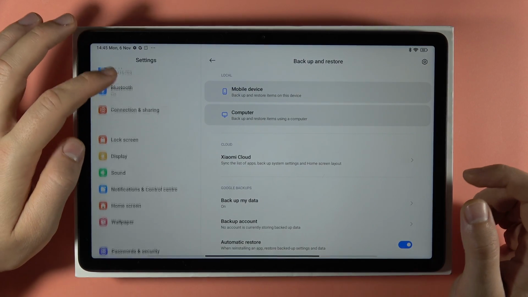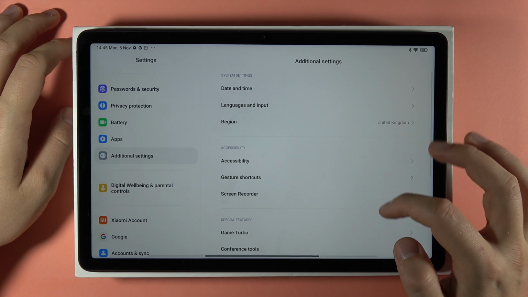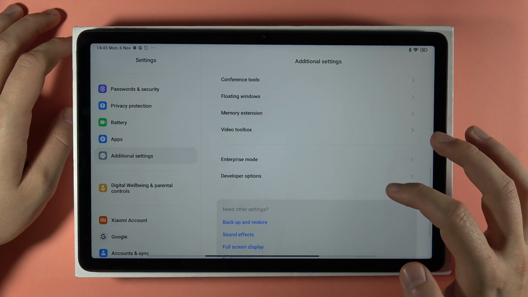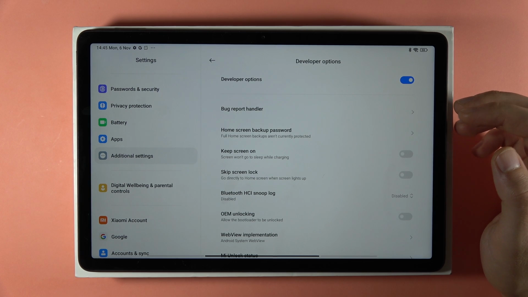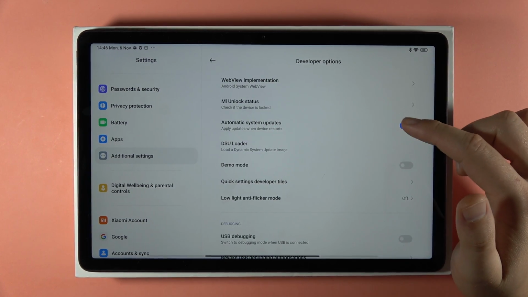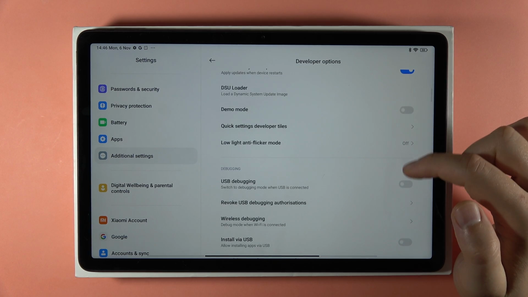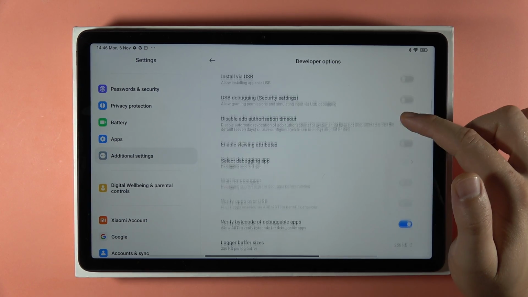And to open this developer options, we have to go to the additional settings, then scroll down, and here we are with the developer mode, and here we can find actually a lot of options. For example, we can enable or disable the automatic system updates, we can turn on the USB debugging, but also we can